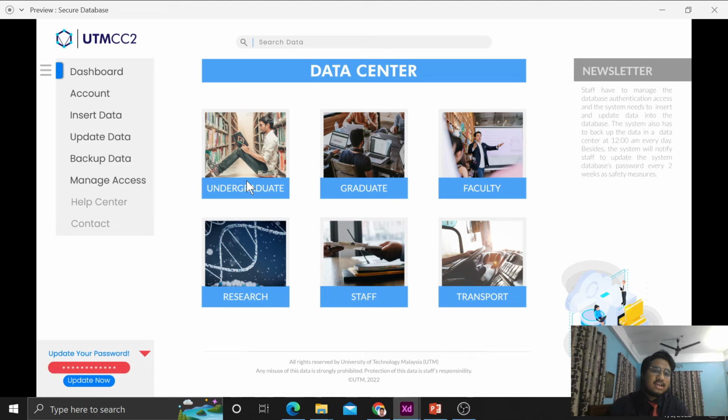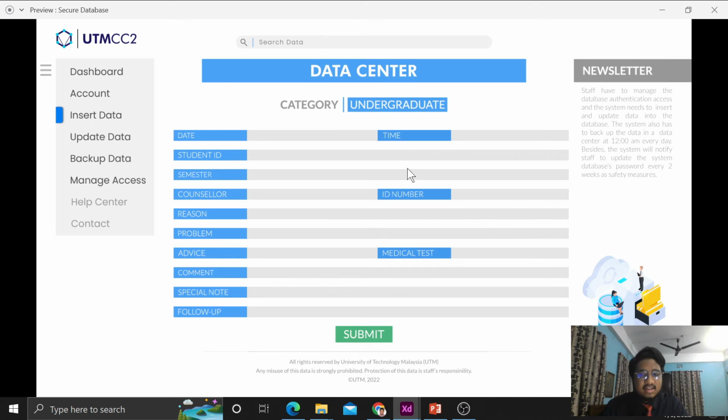Now another option is insert data. Clicking insert data, the system will take us to an interface with all the information about the client or counselor. Here is all the information like date, time, student ID, semester, counselor name, counselor ID, why a student or client meets the counselor, what his or her problem is, and the client can give advice for our system, and the medical tests, the comment and special note. If the client or counselor has any special note, then the follow up,